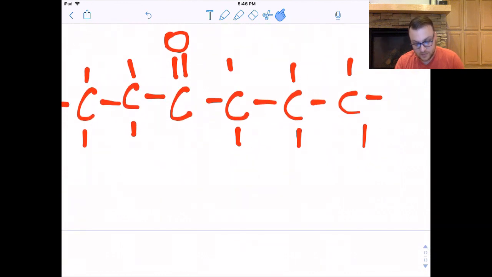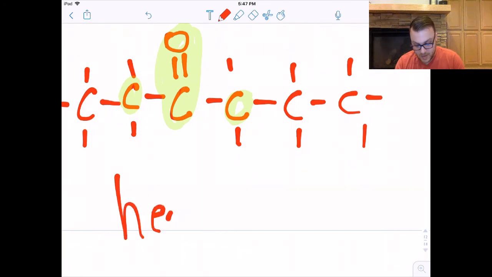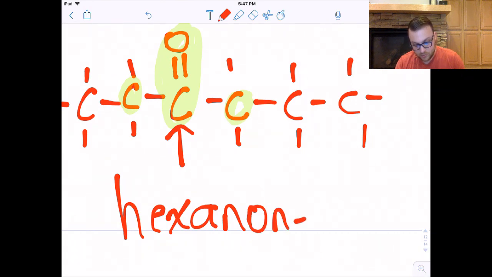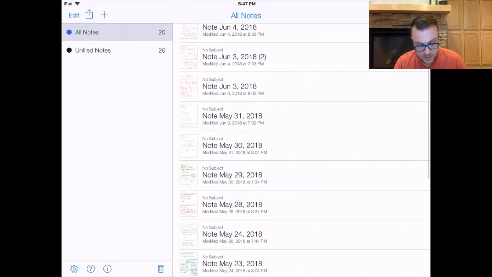Well, how do you name this? We have our sandwich, C double bond O next to 2 carbons. Count your carbons. There's 6. That's normally hexane, but since there's a double bond O, it's hexanone for ketone. Okay. Next,